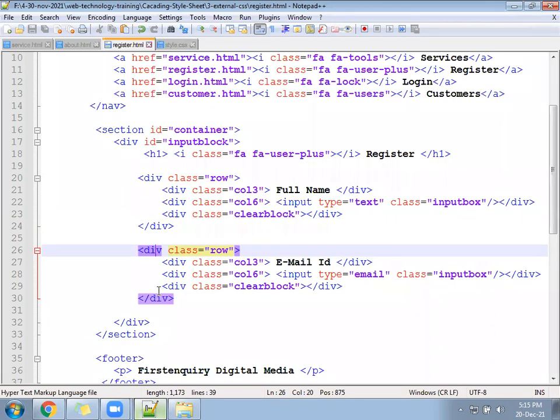Row does not exist. You have written the class in CSS, no? Yes, for that we have written it. It is not ready-made. We have written everything for these classes, 3, 6. You can see because we have written the CSS for all today. If you do not write CSS, all will print in a new line.